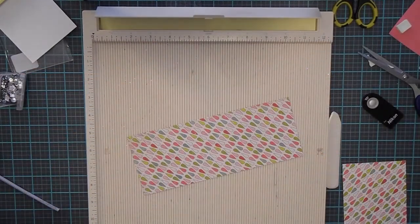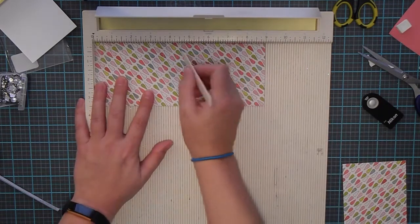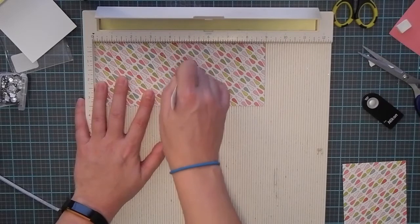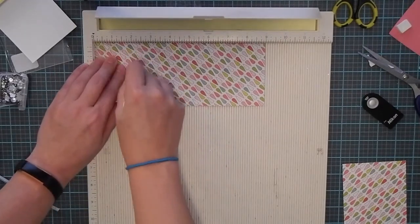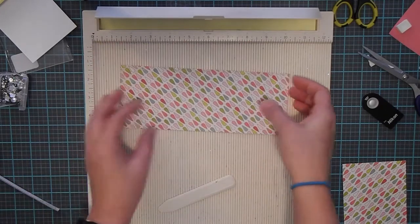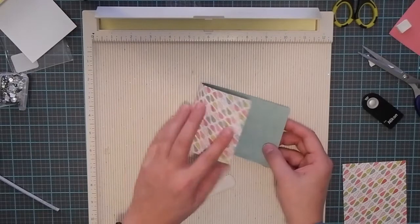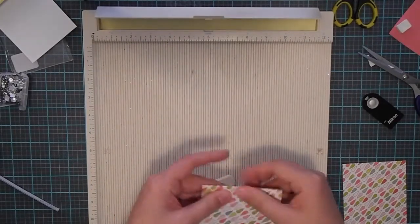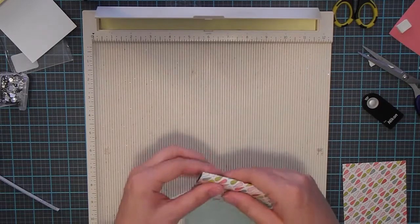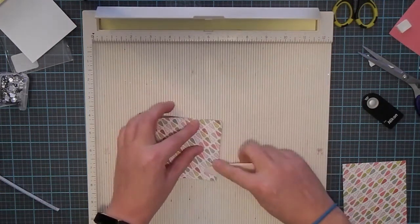I love this little paper. I know it's Easter paper, but I just love it. Half of 9. Here we go with our math lessons. It's 4.5. Half of 4.5 is 2.25. I'm just going to score. Now I want, let's see, this is my desk. I think I want the blue down. So I'm going to score each of these, middle of the middle, middle of the hole,